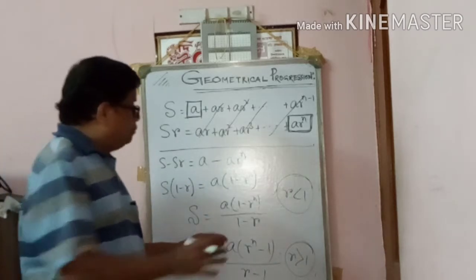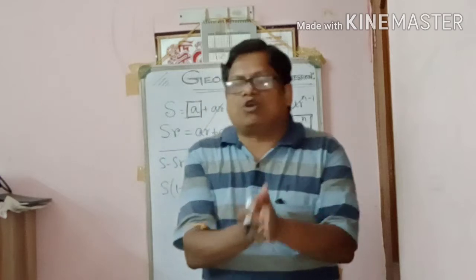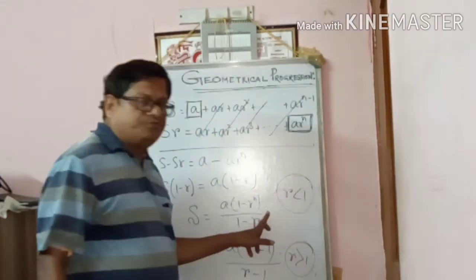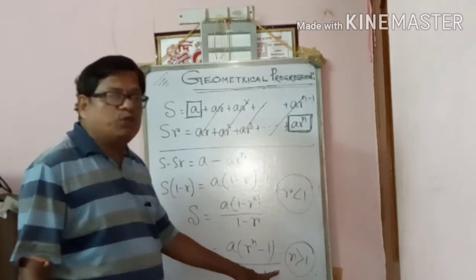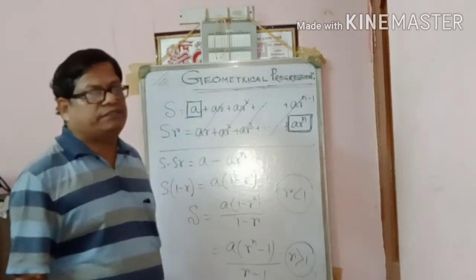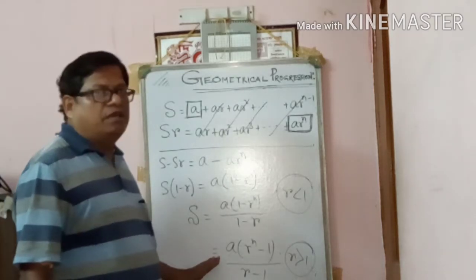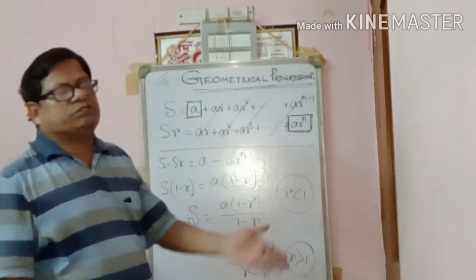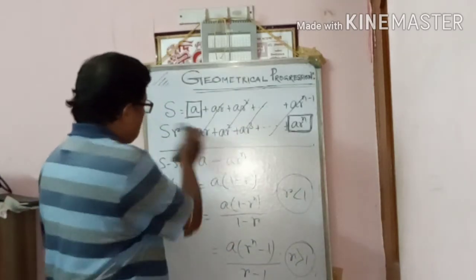Suppose when you have to apply both the formulas. Suppose the common ratio R is less than 1, then we can apply the first one, and if greater than 1, we can apply the second one. If R equal to 1, what is the result? Yes, so it will be different, keep in mind. In that case R not equal to 1. Suppose R equal to 1, then what is the result? Okay, now I have to explain. Look at here, I have to explain.